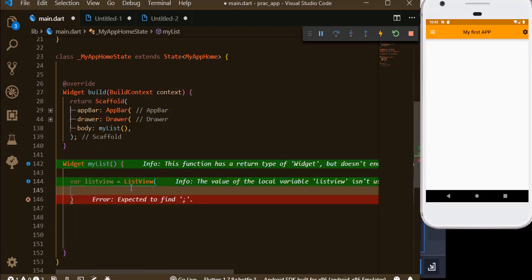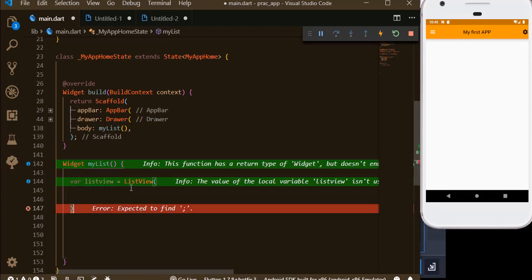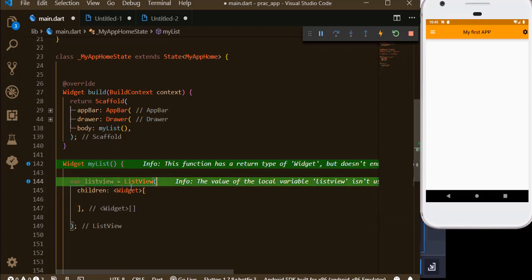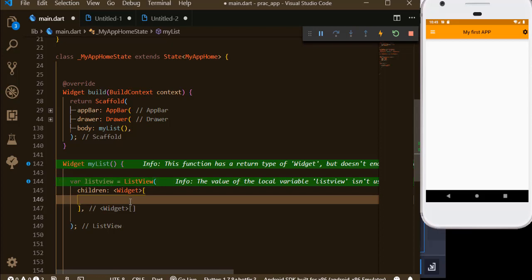And then from inside the ListView constructor, we're gonna give it some children so that we can run multiple widgets inside this. So from there, the first widget we're gonna run is the